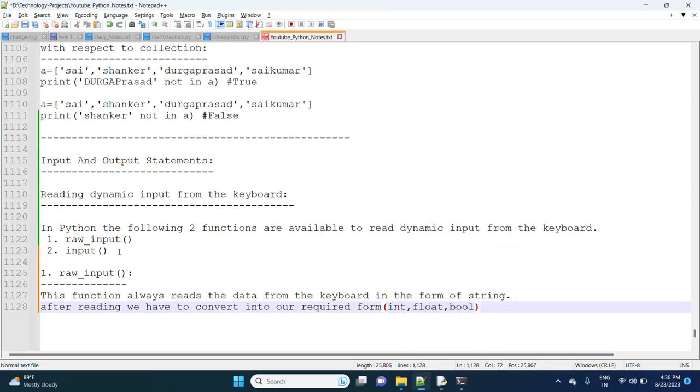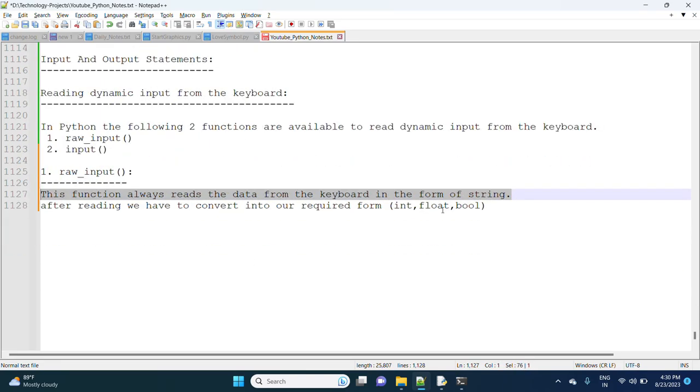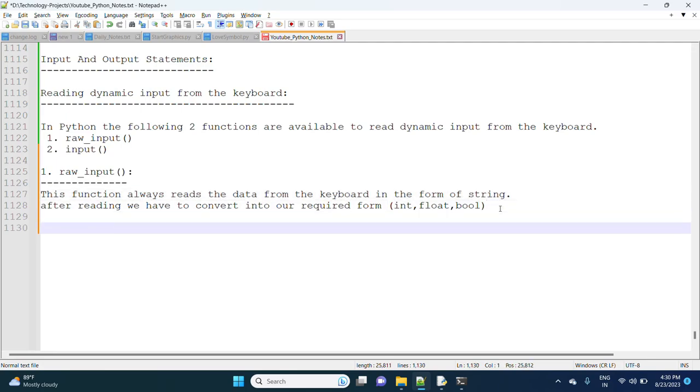Only these types we can convert to after reading the data from the end user. String conversion is not needed because by default the data will come in the form of a string only. But the problem with raw_input is that